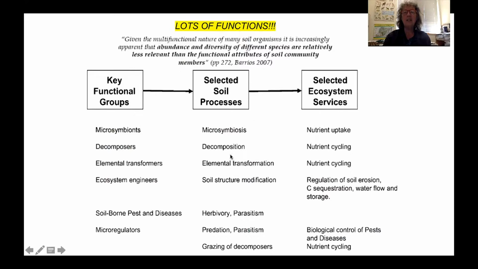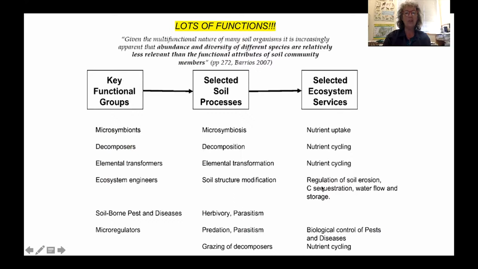The processes that lead to nutrient cycling or decomposition or transformation of elements, symbiosis, and then the functional groups. So the particular microorganisms that are involved. So this is categorizing them by the functions they carry out, not by their species name, which is sometimes less useful to know who they are than what they do. And so these functions are microsymbionts, decomposers, transformers, and same with these other services like soil erosion and sequestering carbon